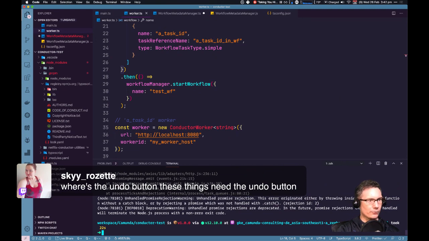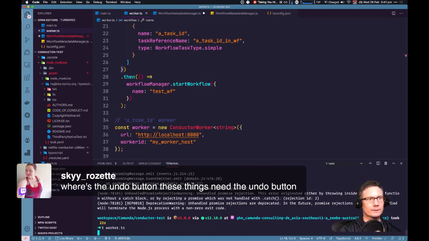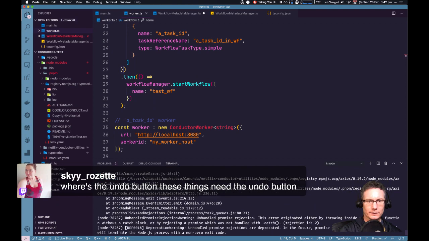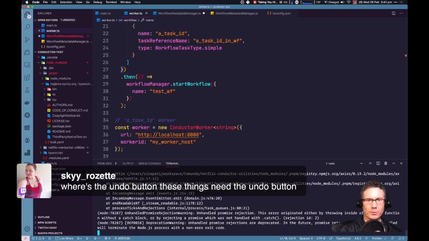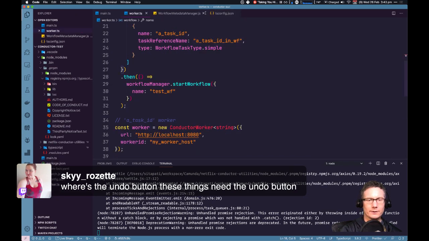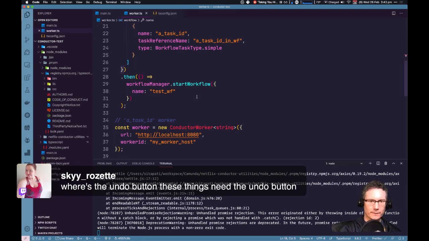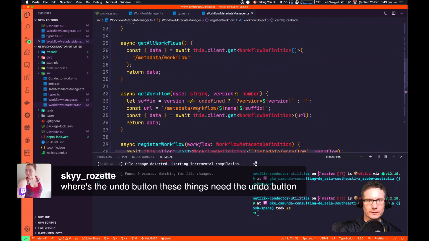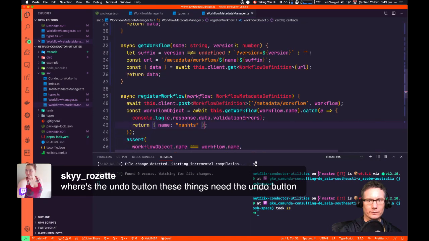Okay, and run. 400 bad request. Okay. Don't save that. Don't save that either. So, be sure that was running register workflow, right?